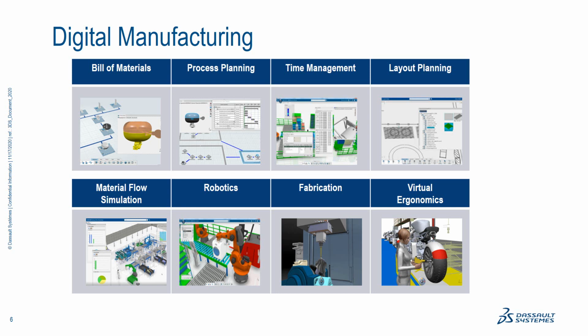So can my operator see properly what he needs to do? Can he reach the tool and so on? And what I'm going to focus on in the presentation today is layout planning. So how do you build a 3D representation of your shop floor with all your assets? It's maybe the most important thing you have in your factory. It's all the equipment, the skills, and the knowledge. So we'll start with that.